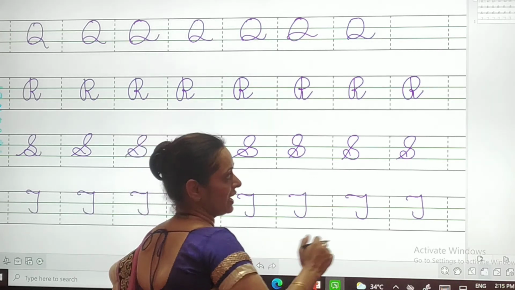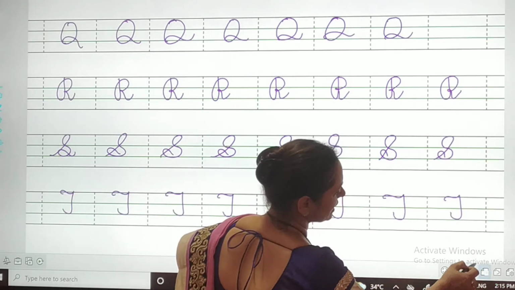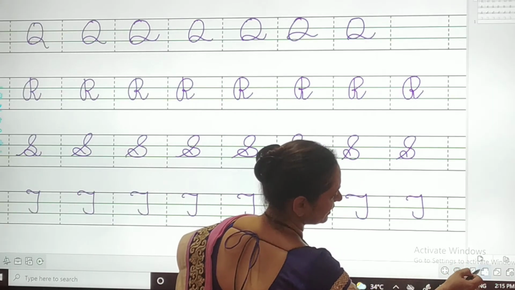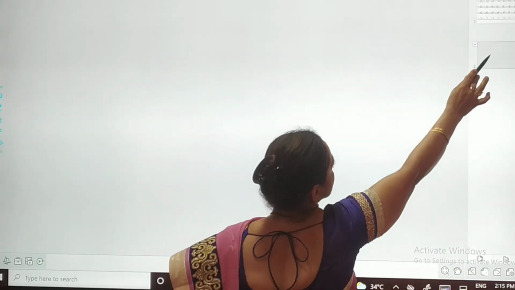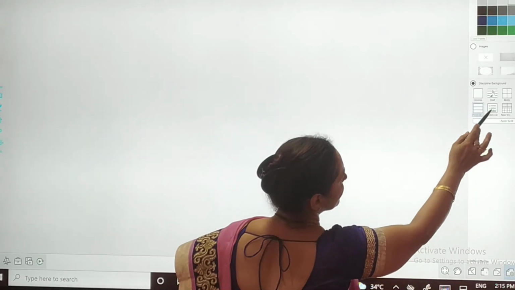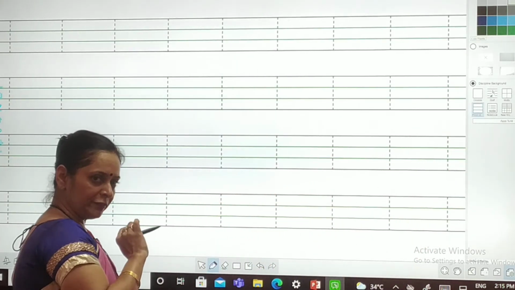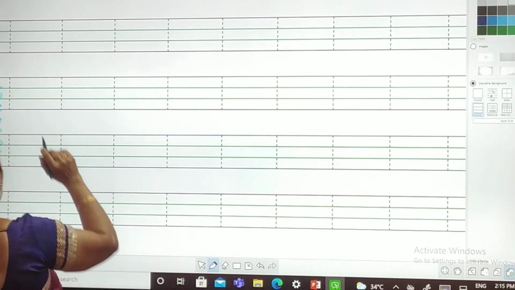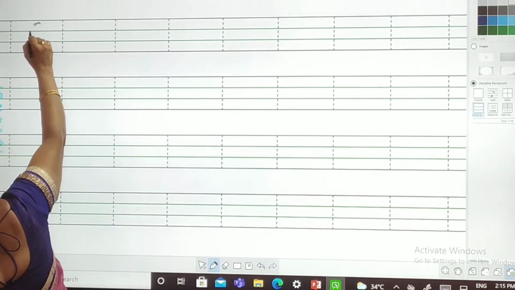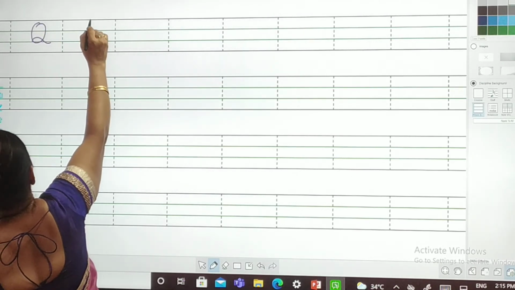Okay. Yes, now we will select one more page. This is your fresh page. Clear? Yes. Correct? Okay. Now we will do it once again. This is your Q. No, this is wrong.